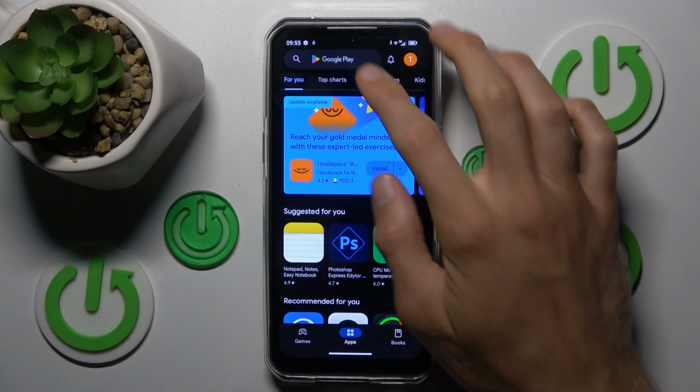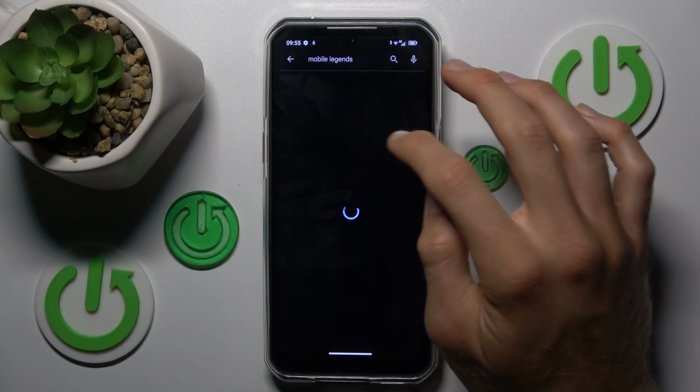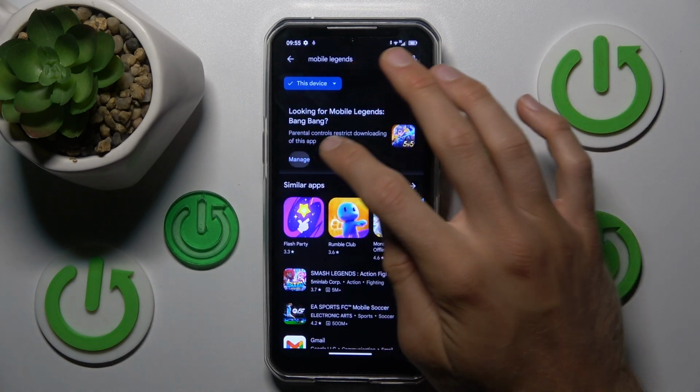We can go back and try to search Mobile Legends games again, which will be visible right now, and we can